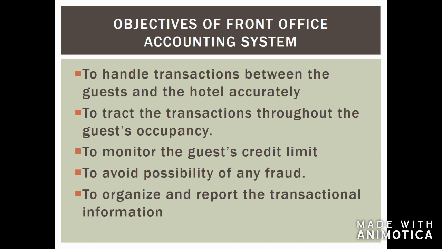From this information, the accounts office produces the two main types of reports, which are the operational reports and the financial reports. Operational reports are used by management for daily decision making, and financial reports are concerned with profitability and revenue. This indicates the overall performance of the hotel and is used by senior and corporate management. Okay, so